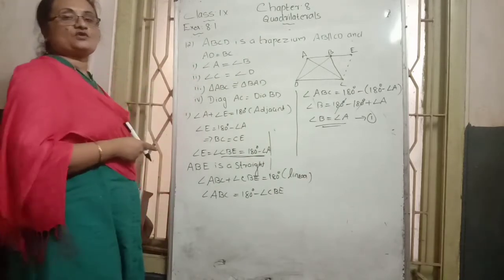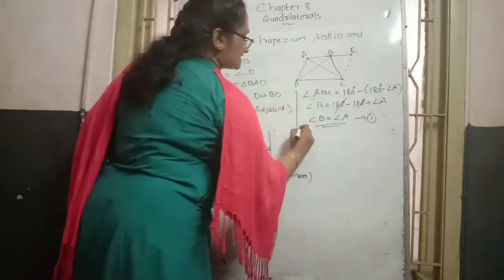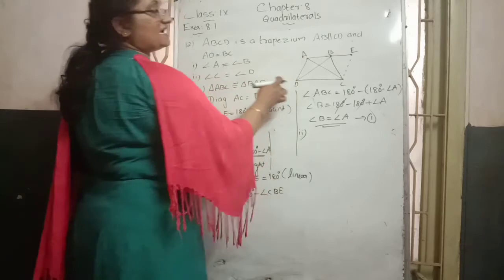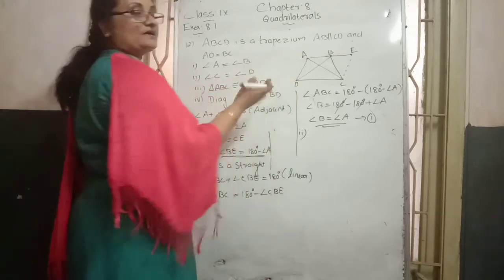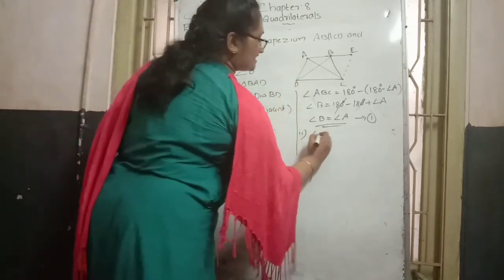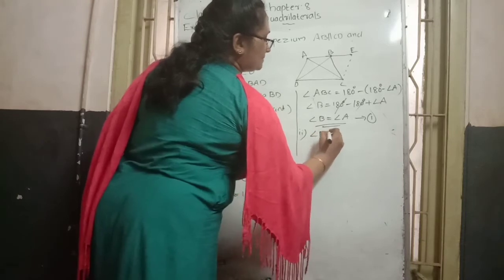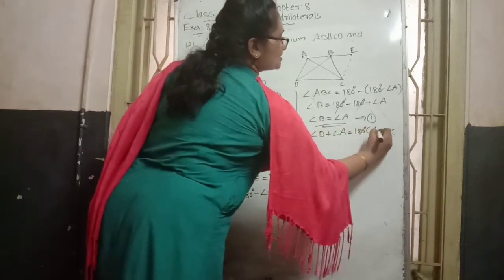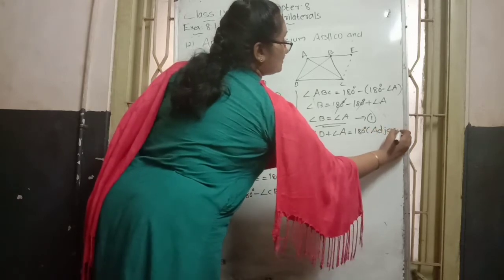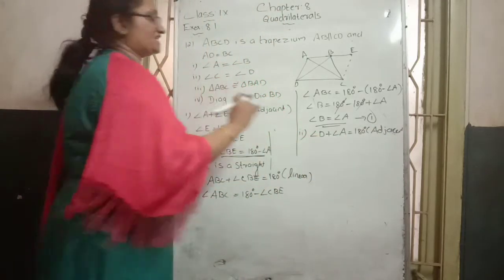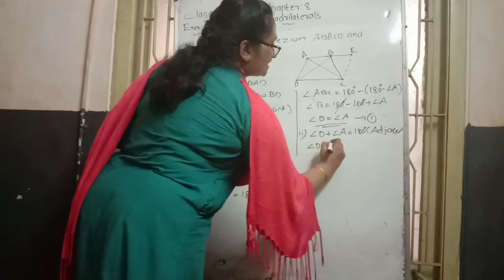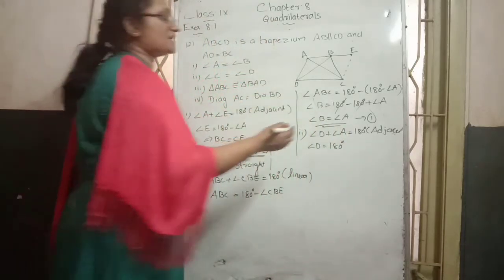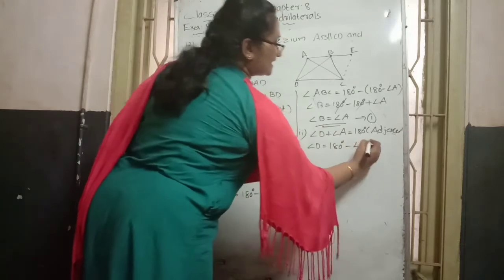Next we want to prove the second case. How to prove that? Here we consider angle A and angle D. They are also adjacent angles. So we can write angle D plus angle A is equal to 180. The reason is adjacent angles. Then we want the D vertex, so angle D stays on the left side. Then 180 degrees minus angle A: plus angle A goes to the opposite side and becomes minus angle A.